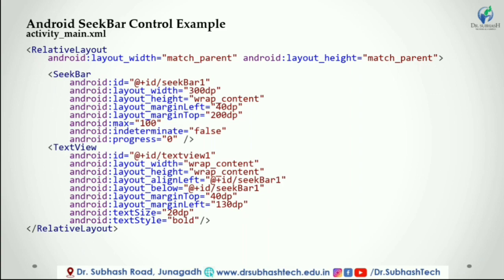Now we will create a simple example of Android seek bar control. Example. If you observe the above code, we created one seek bar control and one text view control in XML layout file. Once we are done with the creation of layout with required controls, we need to load the XML layout resource from our activity onCreate callback method.